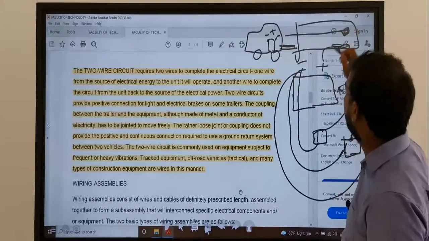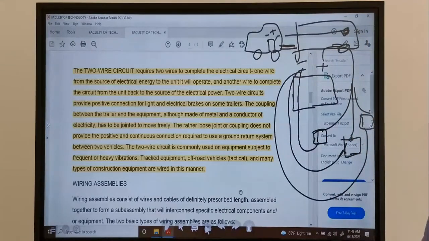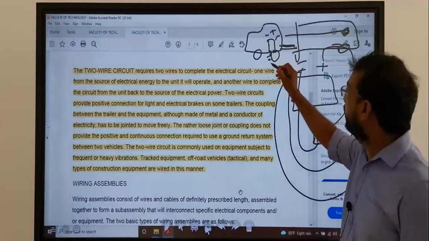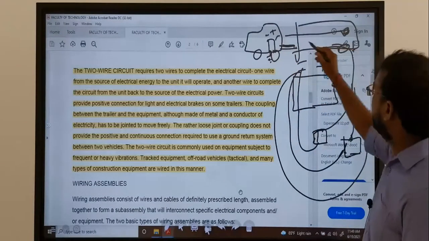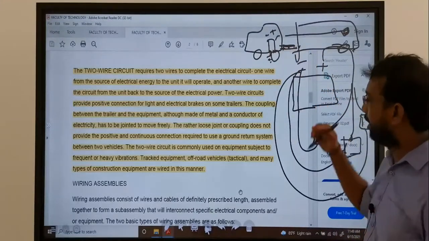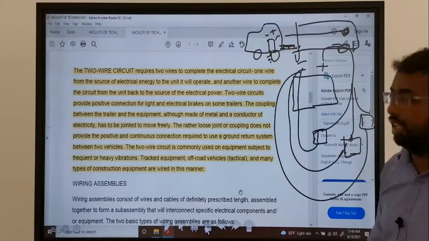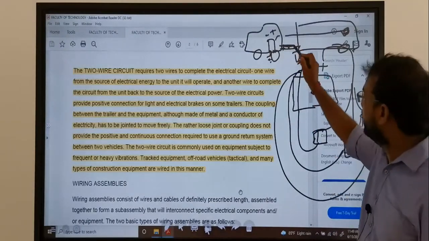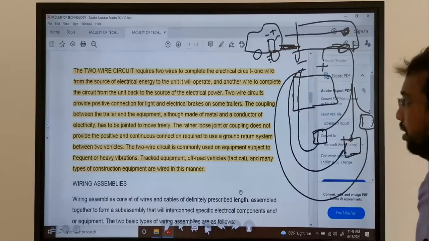If it is a one-wire circuit, sometimes it is all going to connect with the ground of the vehicle. Here also ground. Sometimes the connection is not stable here. Sometimes the ground connections are not connected to each other, mostly at the coupling here.